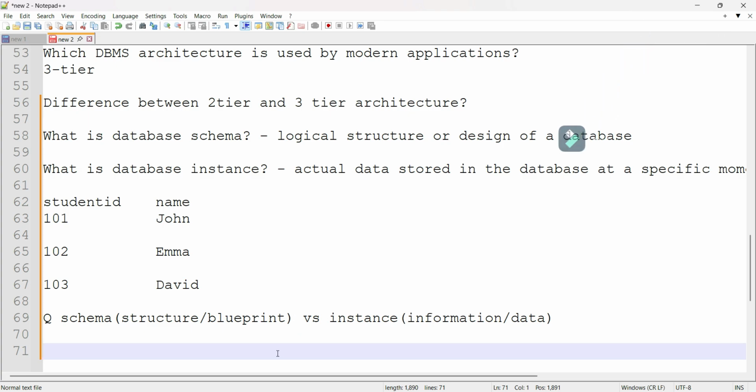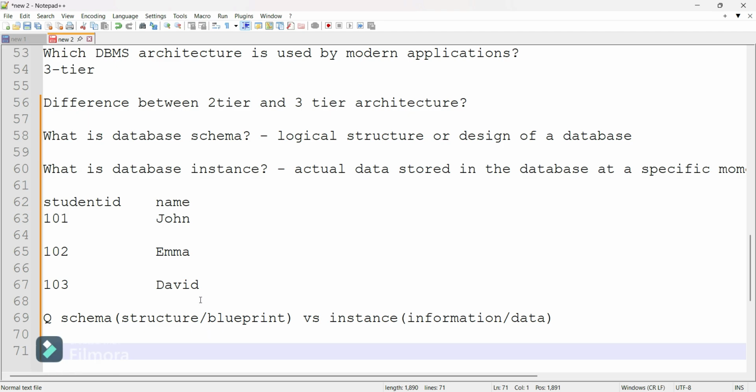Now the interview questions arise: what is database schema? What is database instance? Database schema is a logical structure of a database that defines tables, columns, relationships, constraints, and data types.